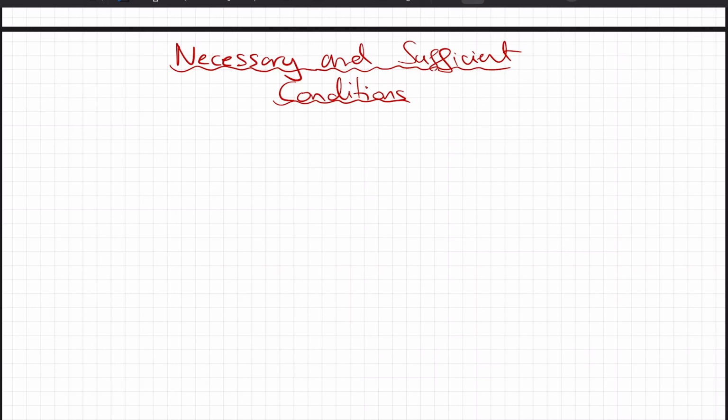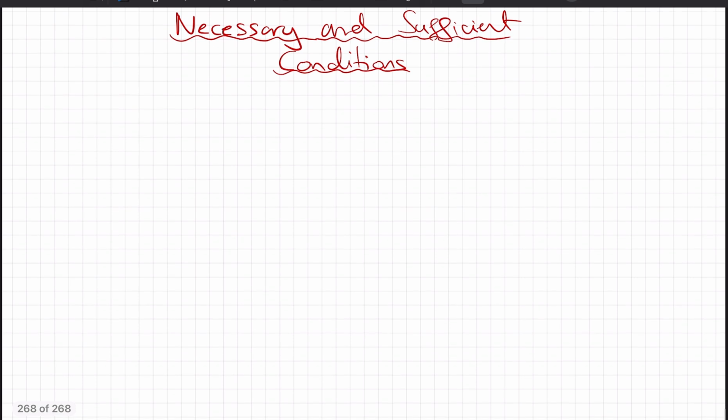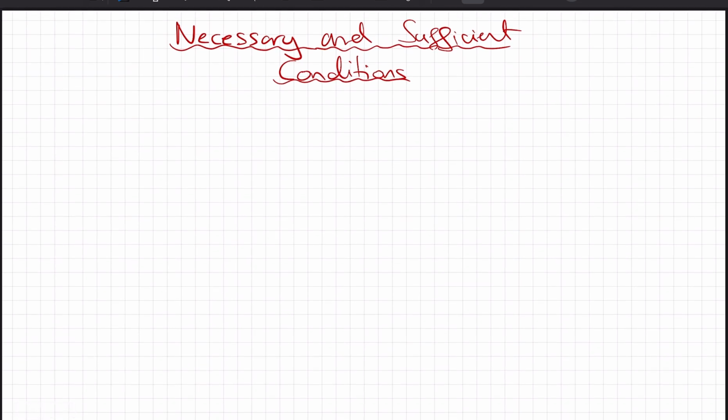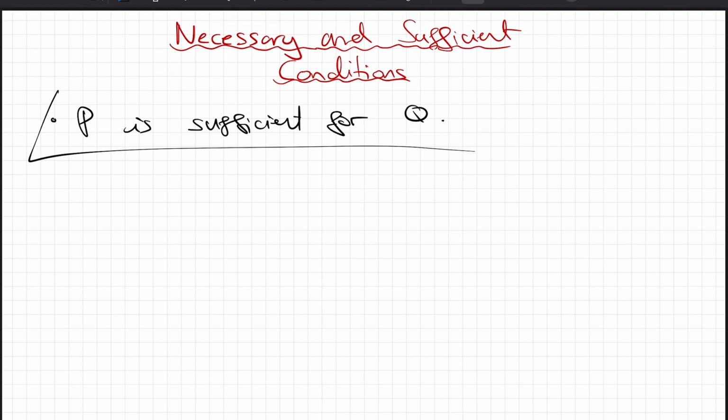And in this tutorial, I'm going to be explaining an easy way to understand necessary and sufficient conditions. So, necessary and sufficient conditions are part of proof, and they come up a lot in papers, specifically TMUA paper 2. Sometimes you get confused when we say P is sufficient for Q. And the easy way to understand necessary and sufficient and all sorts of proof terminology is in terms of the